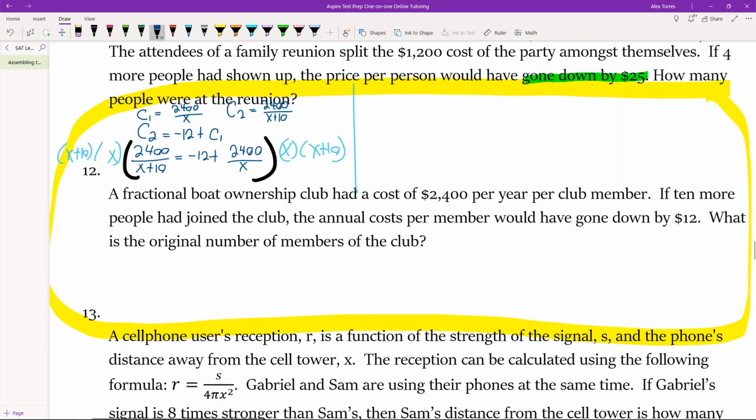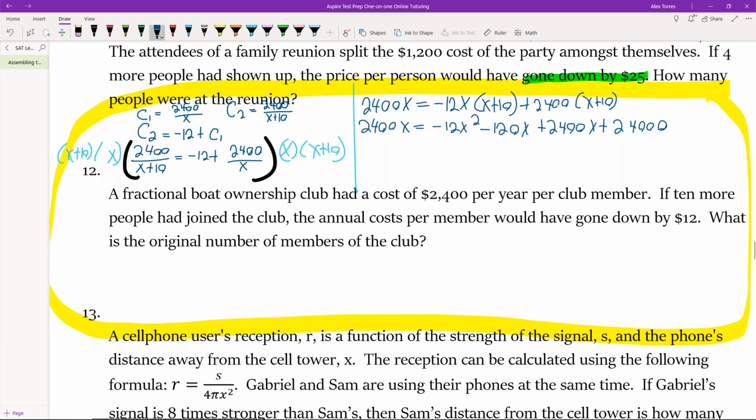So now we have 2400x equals negative 12 times x plus 10. So we're distributing right now. We just did this part, and now we're going to do this part. When you distribute this part, the x's cancel, leaving you with the 2400 and the x plus 10. So plus 2400 times x plus 10, distribute out a little: 2400x equals negative 12x squared minus 120x plus 2400x plus